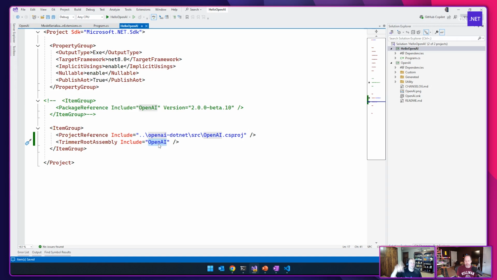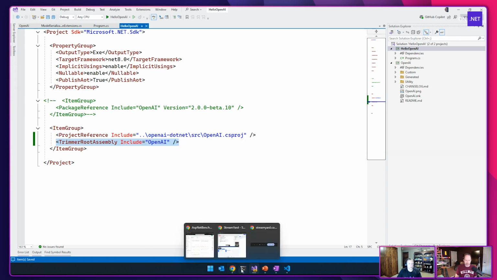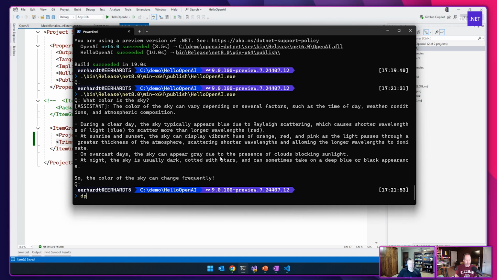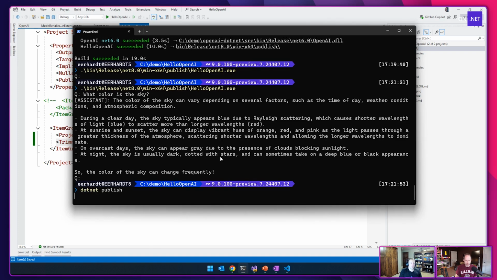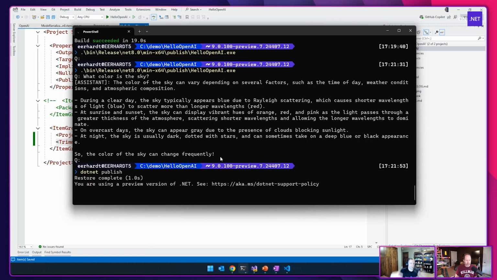And so analyze all the public APIs and look at all the code that they'll call. So with an executable referencing my library and TrimmerRootAssembly, publishing that will give me all of the warnings everywhere, even in my dependencies.